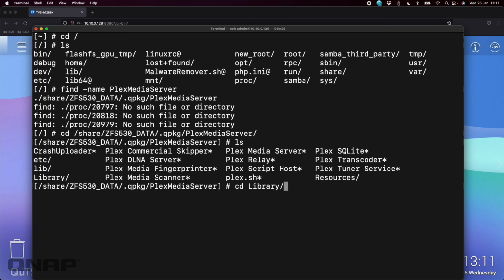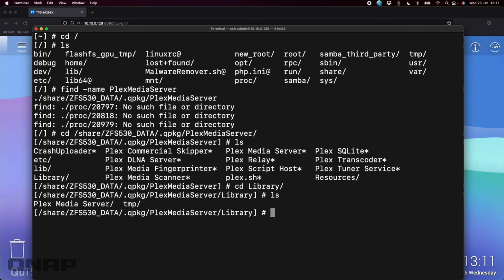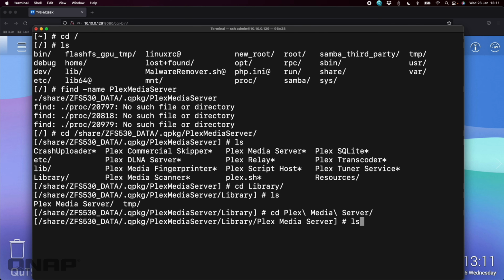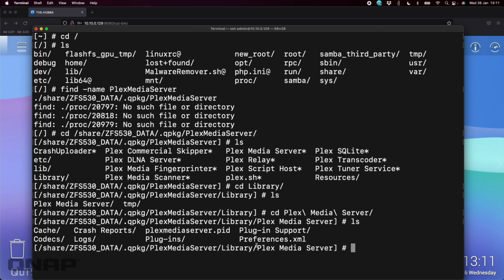So cd Library. It's all case sensitive here, and then there should be in here a Plex Media Server folder, which there is, which we can see there. So we're going to go into that folder next. So cd Plex Media Server. Now if I check what's in this folder here, I can see that there's a Preferences.xml, and this is the